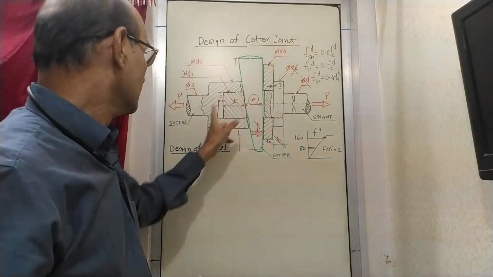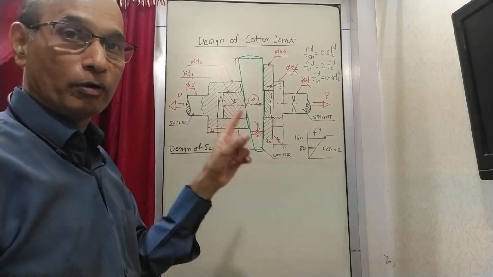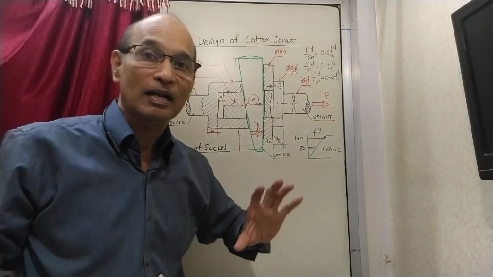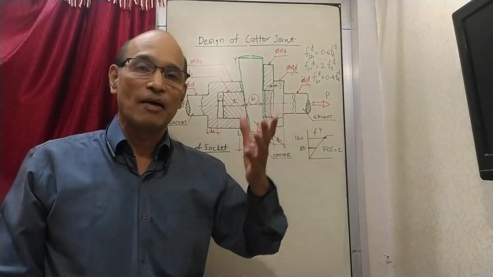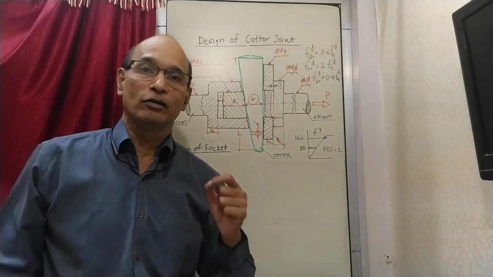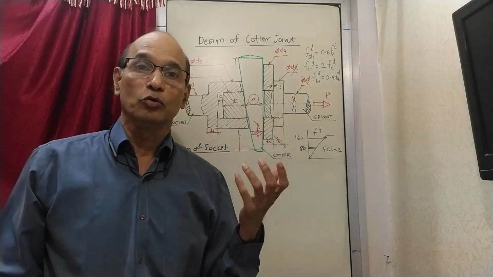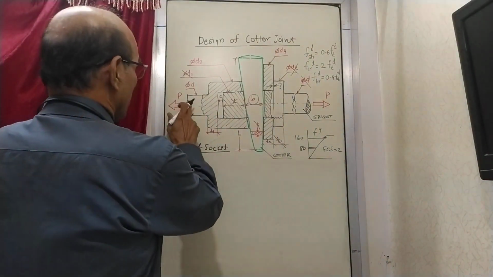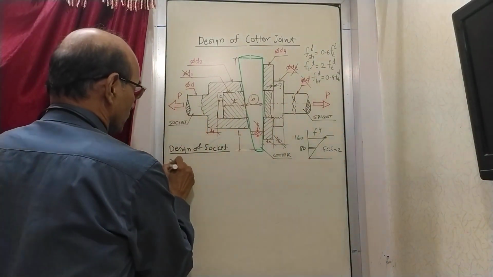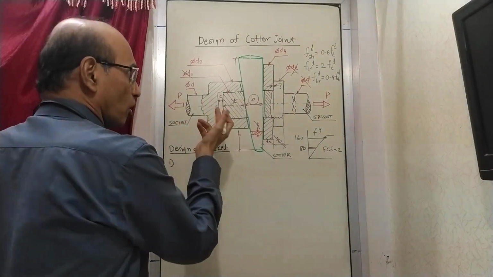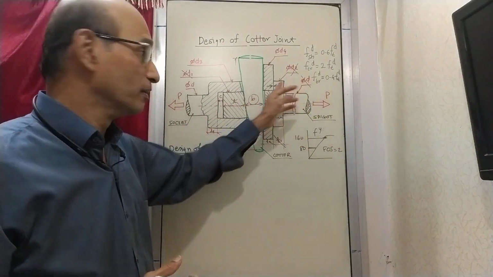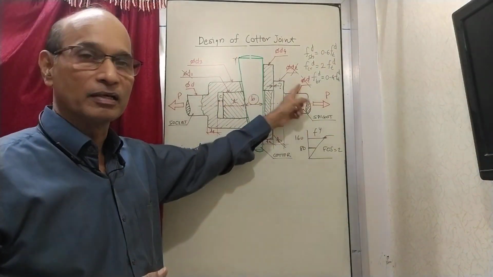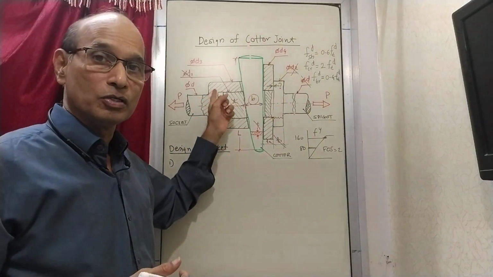Now what we see is how to design the socket. That means we want to see what are the different dimensions of the socket and how these dimensions are affecting its performance. Which dimension has got what role to play, what kind of stress which dimension is trying to bear. That is how we process the entire exercise. So we start with maybe the design of this dimension D. As we have already seen, the diameter D is the same here and here. So this will fail in tension. So whatever dimension you have obtained here, same diameter you will take even for the socket shaft.